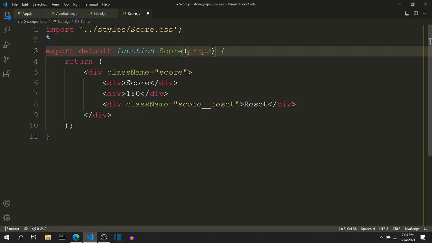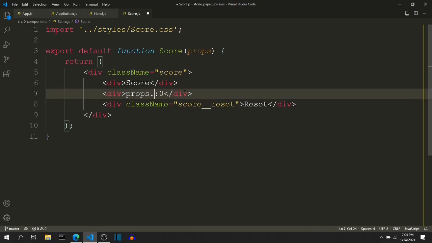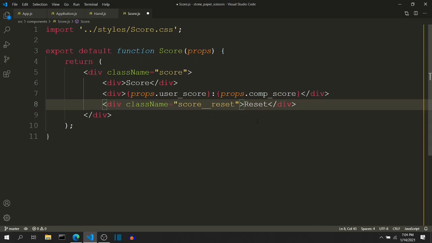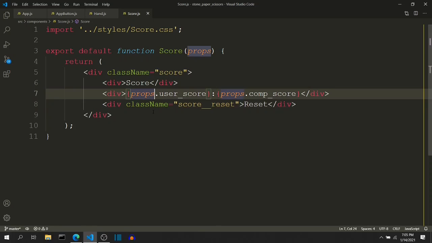So I will put props inside the argument, and then refer props dot user score and props dot com score. As you can see, the color highlighting of VS Code is not taking place, so that is a sign that I need to enclose that inside a curly brace. And that is a good thing of editors like this, because even if we do some spelling mistake or something like that, color highlighting shows a clear signal that we are doing something wrong.